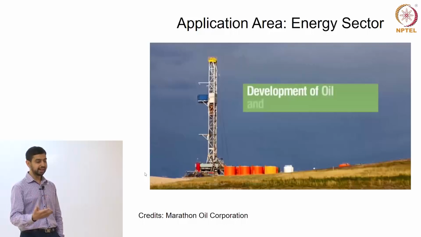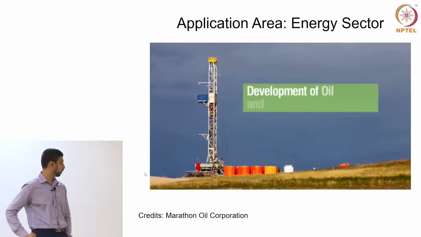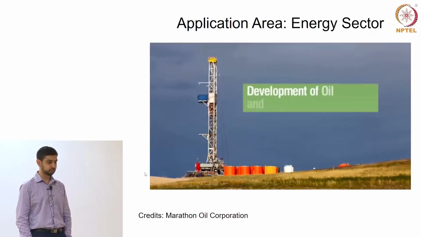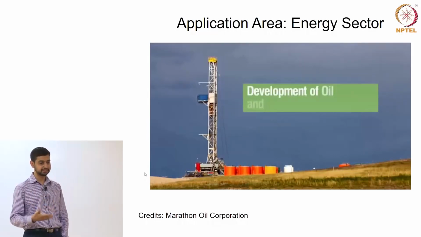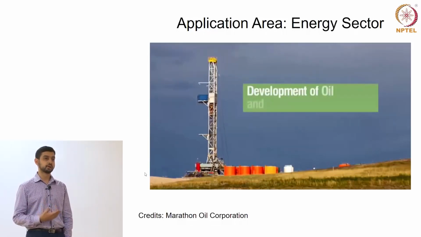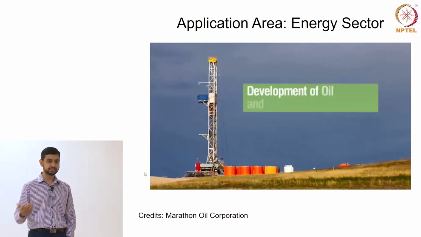So what I have here is a video from this company called Marathon Oil Corporation. This operates in Texas in the United States of America, and they are very heavily focused on extracting unconventional oil and gas sources. What unconventional oil and gas sources means is that until not long ago, these sources were considered very economically unviable because of where they are and how less permeable the rocks are where these oil and gas resources sit. So to extract them, you have to spend so much money that by the time they come out into the market, they are no longer economically profitable.